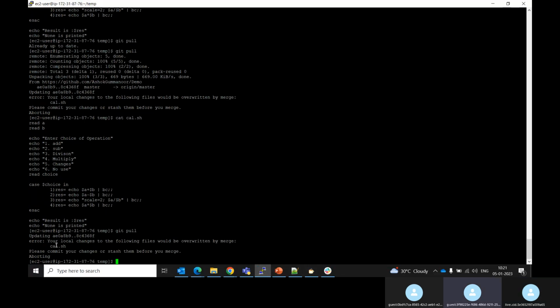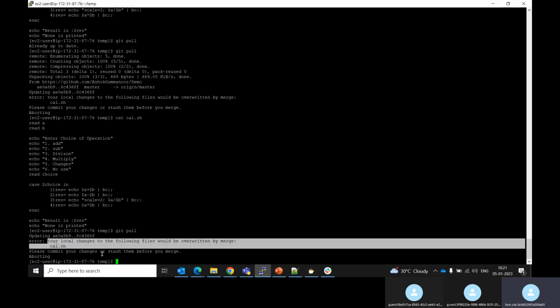Git commit. See, your local changes to the following files would be overwritten by cal.sh. Please commit your changes or stash them before you merge. So automatically it is taking all the changes. It will be removing the changes. Suppose if I use